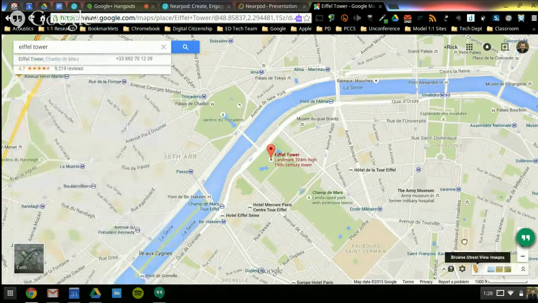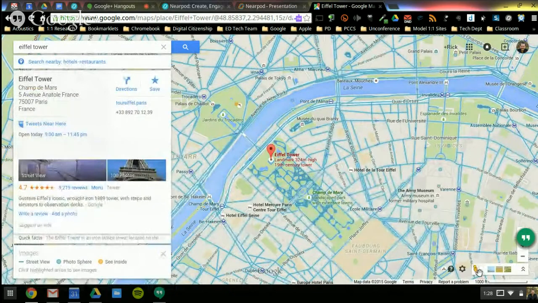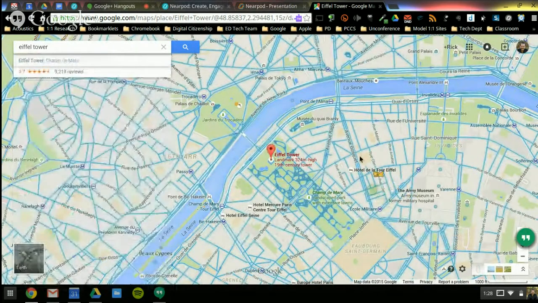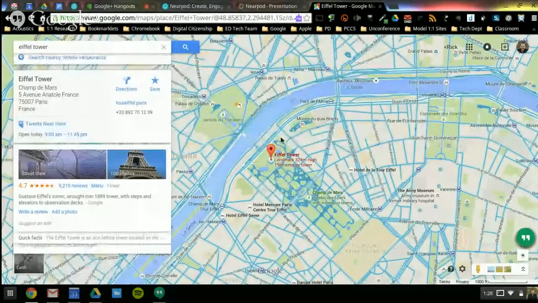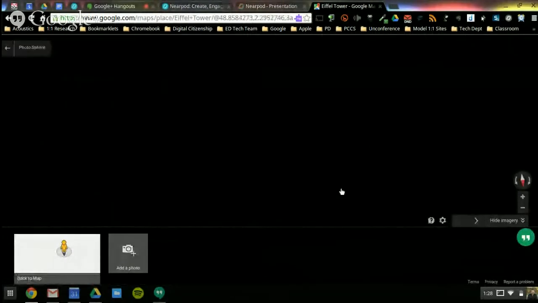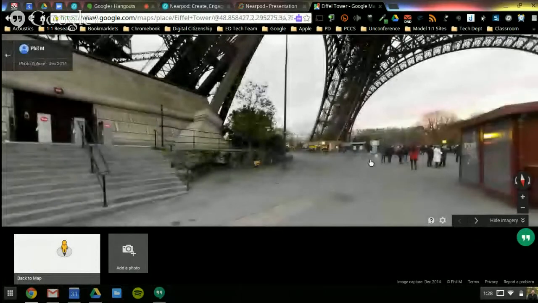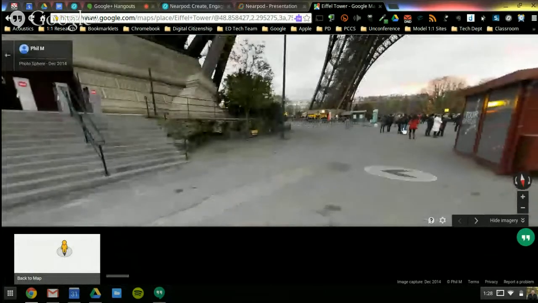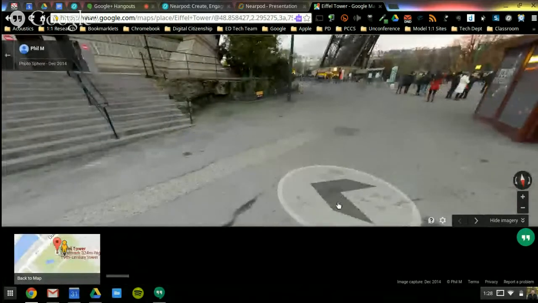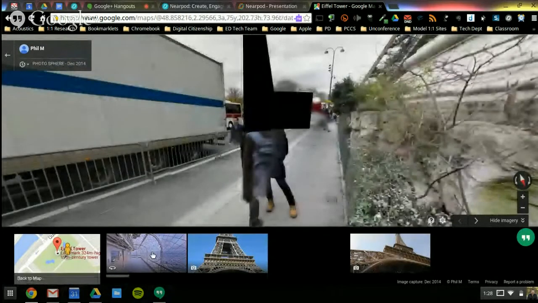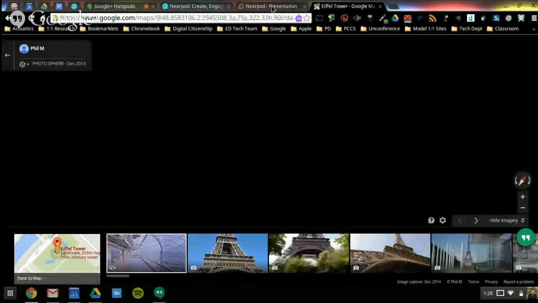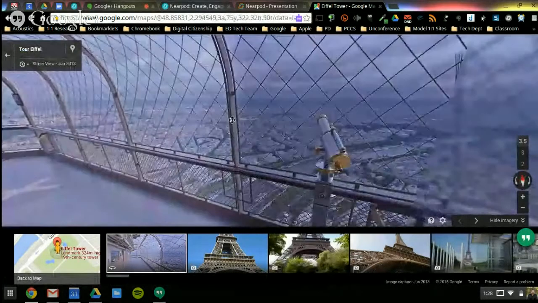So I can grab this little guy here. Come on, little guy. There we go. I can fly him over right over here, drop him into the street view. I think the default for this is, well, I'm not on top of the Eiffel Tower. Not exactly where I want to be, but I can position myself to the place I want to be. Let's say I want to take them to the top. So I'll go there. Once I find the view that I want for my students to have,